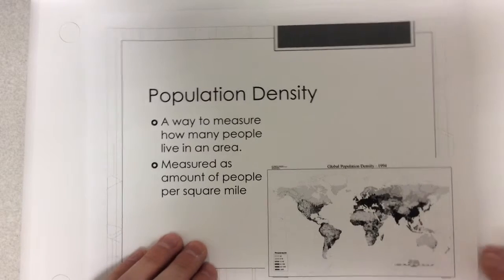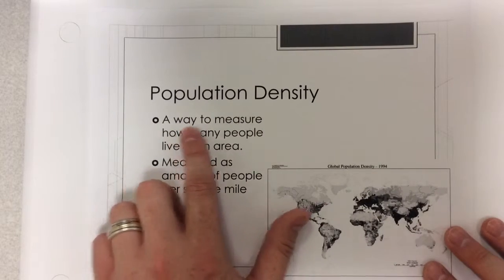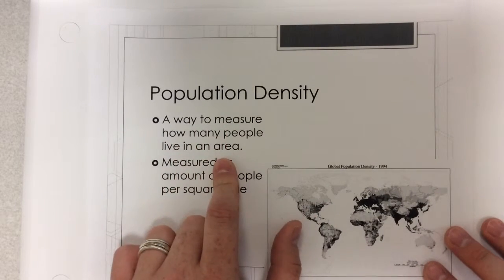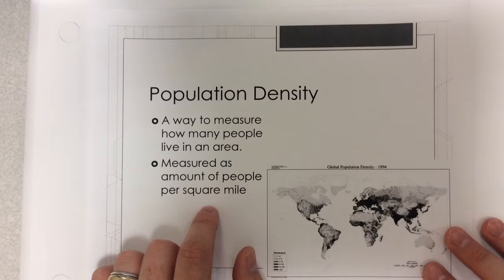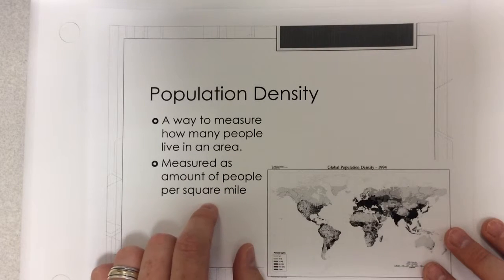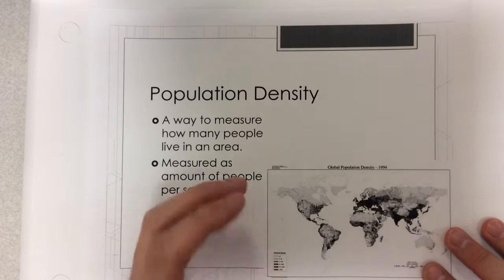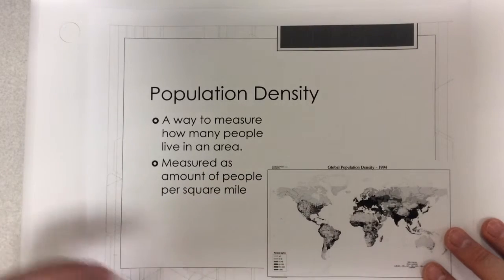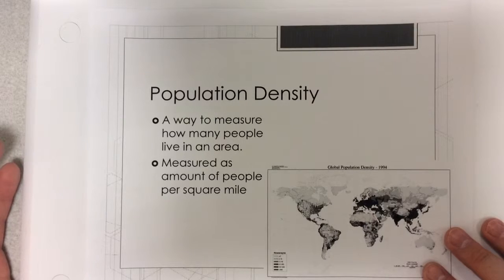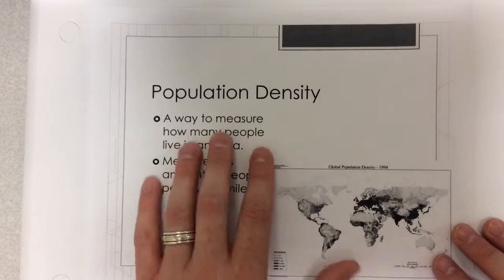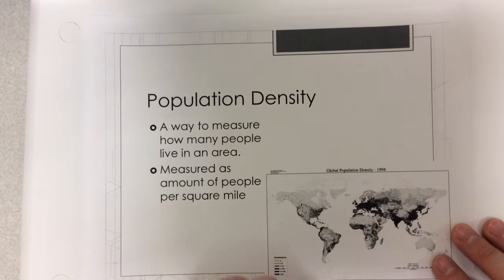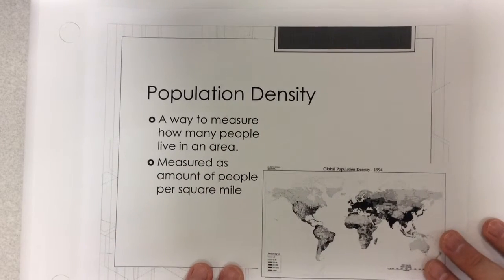Our final word that we have is population density. This is a way to measure how many people live in an area. It's measured as amount of people per square mile. So when we say you have a dense population, we're talking about you have a ton of people in one central area, and when we have a very low population density, we're saying there's very few people in that area. So in urban environments, we're going to have a high population density, and in rural environments, we're going to have a low